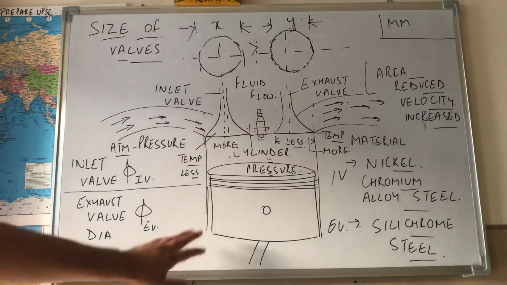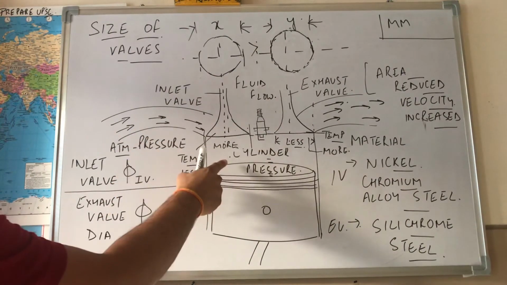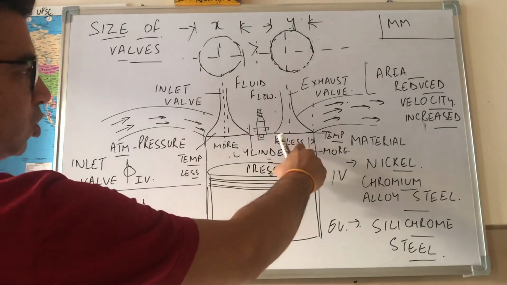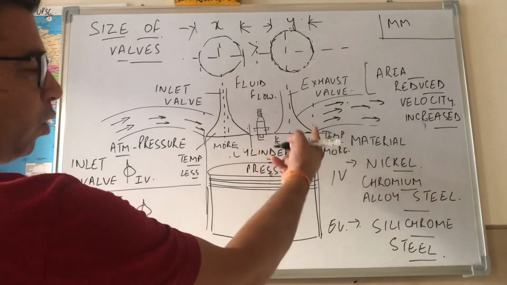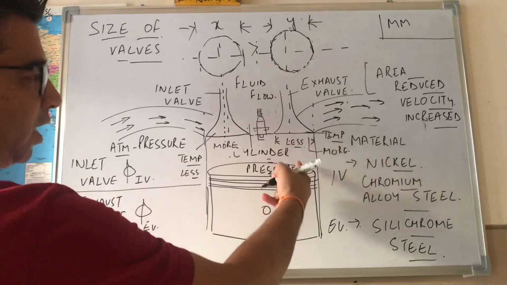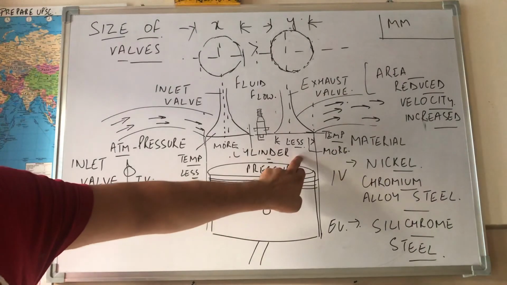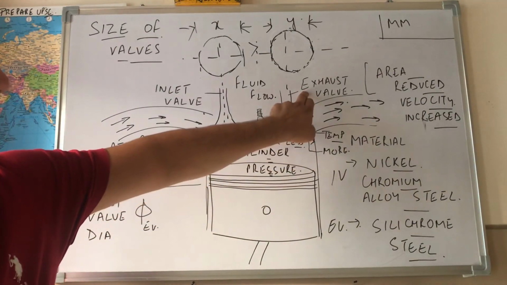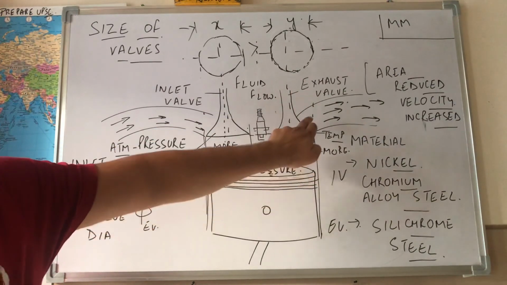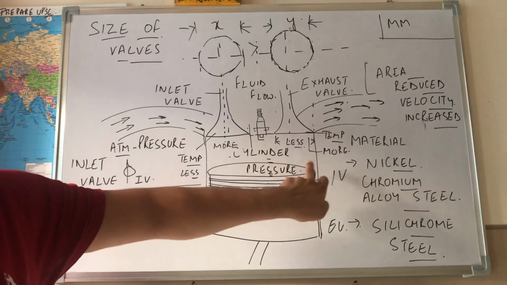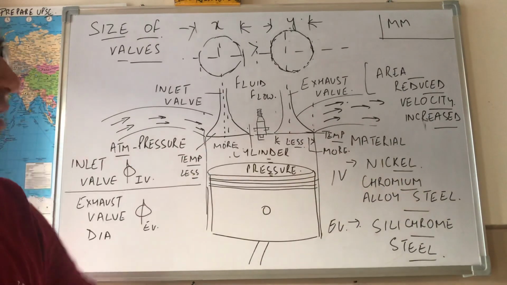Okay, so is it clear from this particular video? More amount of flow is required during the intake, and in the exhaust, the pressure has already generated a very high velocity that will require a small area so that it will move out from the exhaust valve. So the fluid flow is very important when we consider the dimension of the exhaust valve. Making an area small will increase the velocity, and hence the discharge from the engine combustion will be sent out to the